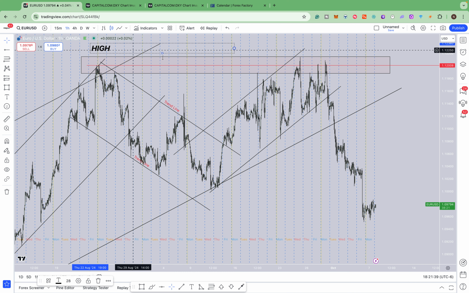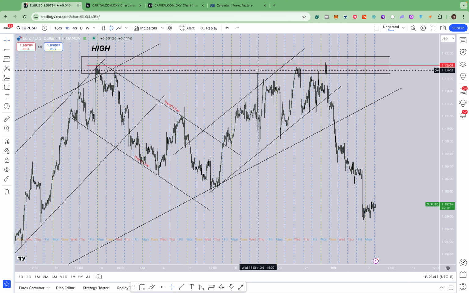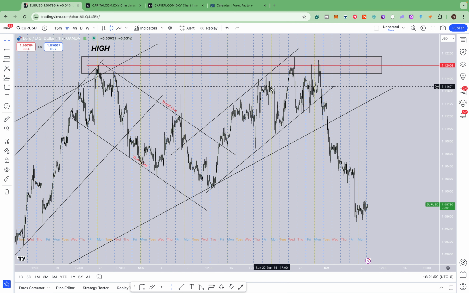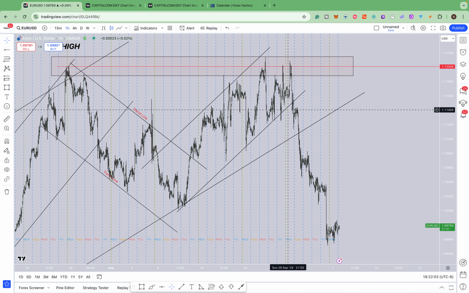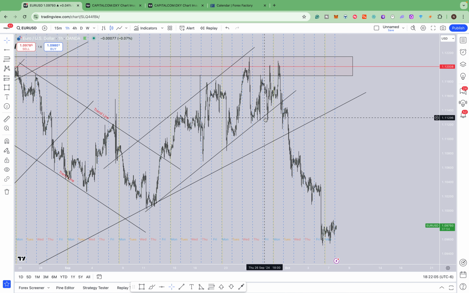See, this is why I say it's so important to understand the highs and the lows, because this is where the liquidity is going to be. This is where traders are going to be placing their stop losses, their entries, their stop orders, whether it's a buy stop, sell stop, or whatever. In this case, it would be buy stops trying to catch the breakout and the continuation of the uptrend, which